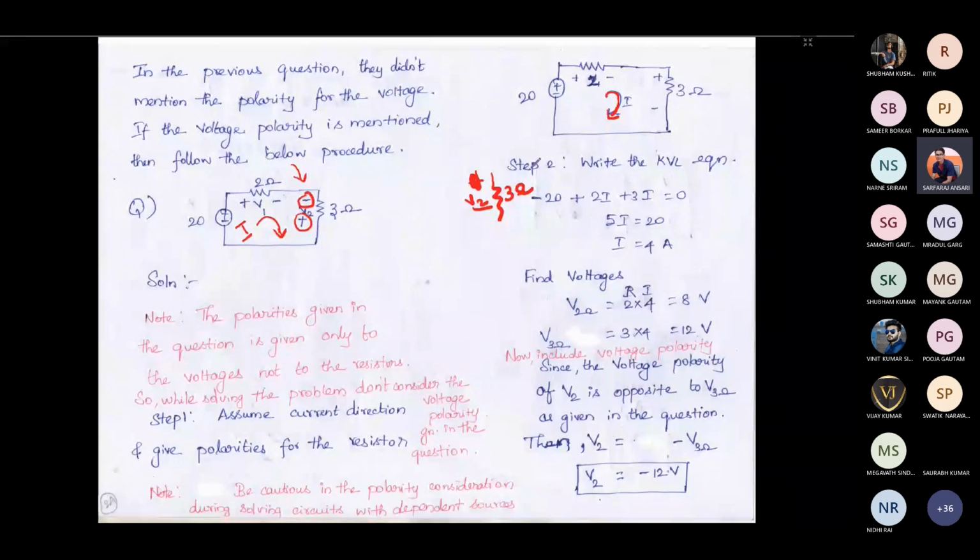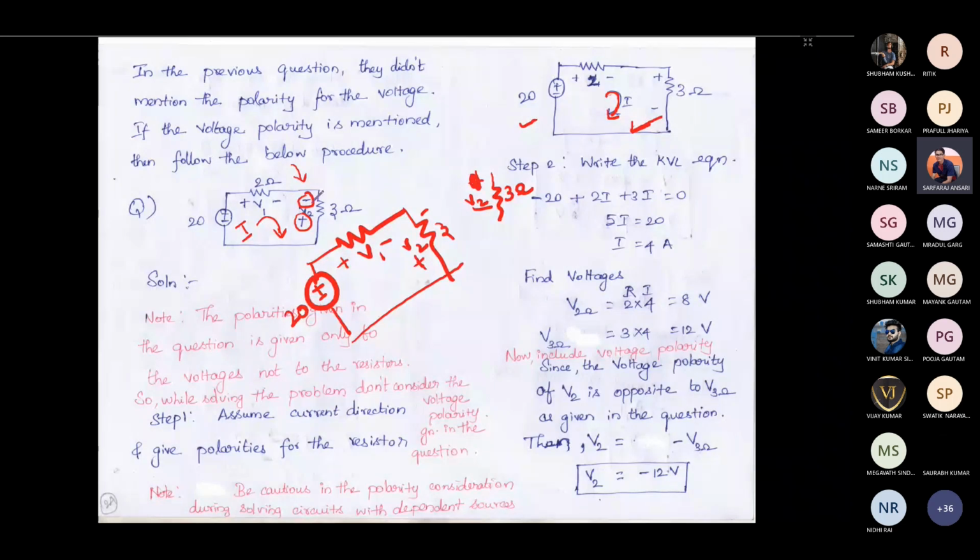Okay, so actually I have solved in a different way, so you don't see this now. What I have done is looking in a different way because I have taken some other assumption. So let us solve it like this itself so that it is easy for you to understand. Minus V1 minus plus 3, 20. So here, without seeing this polarity, I have solved the problem based on our previous understanding.